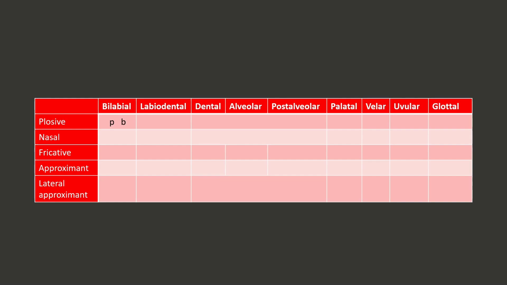The voiceless sounds are on the left and voiced ones are on the right. Voiceless sounds obviously don't have a voice, and voiced ones do. Like P is voiceless, it doesn't really say with a voice, and B is said with a voice. T and D both count as dental, alveolar and postalveolar because they're all said in that region of